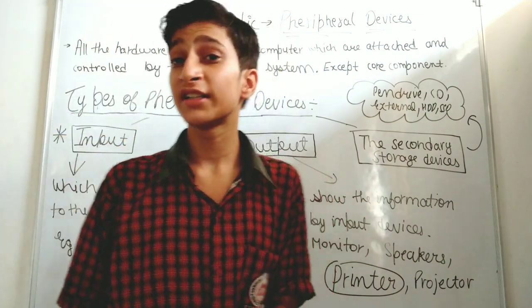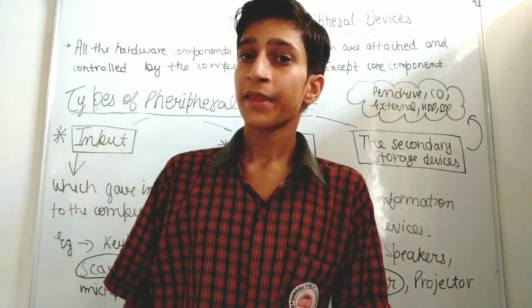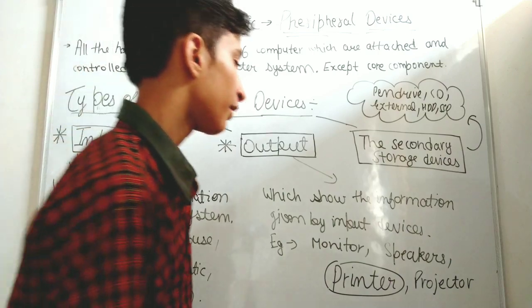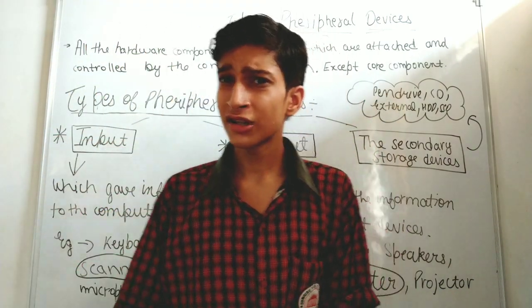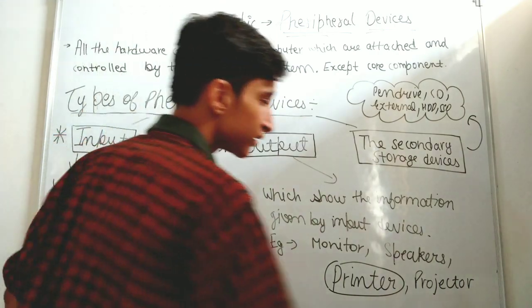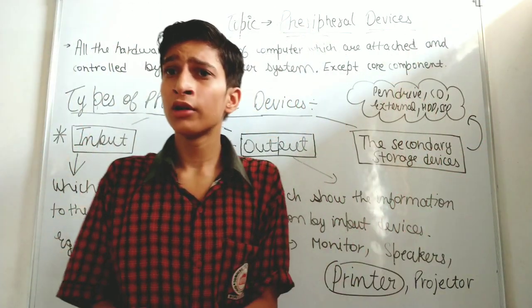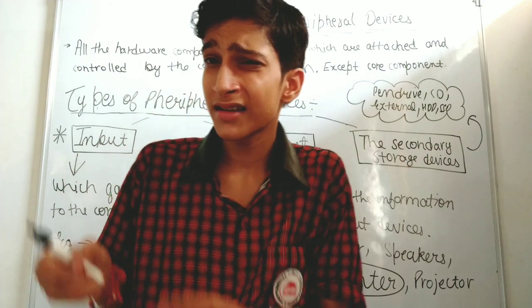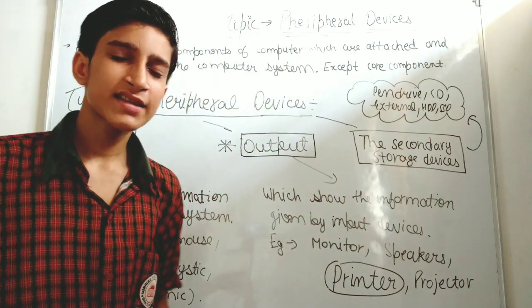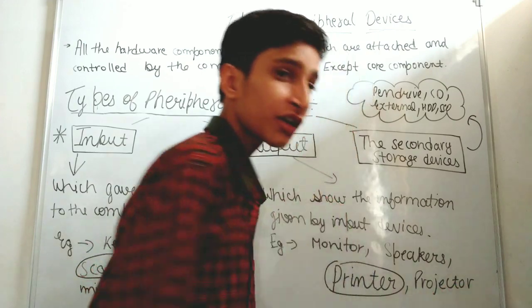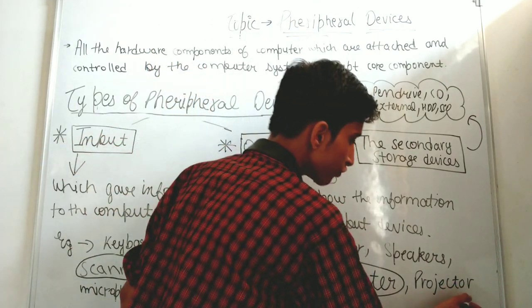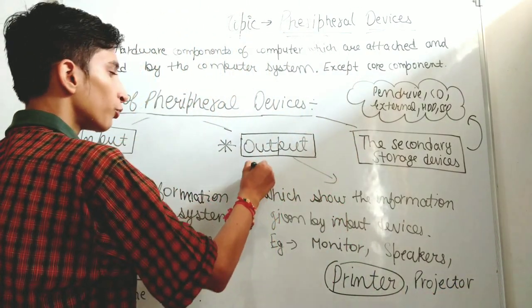The printer, as I told you, scans the copy and gives a hard copy on paper. And projectors are used in cinemas, theaters and also in webinars, where a big white wall or screen, which you can call a parda in Hindi, is given, and on that the projector shows the project. This is known as a projector. They are the output devices.